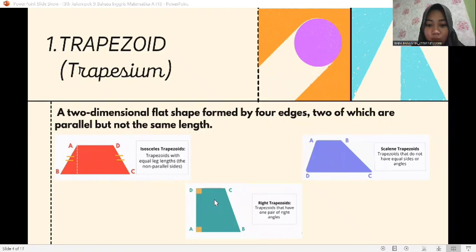So type 2 is right trapezoids. Trapezoids that have one pair of right angles. 3 is scalene trapezoid. Trapezoid that do not have equal sides or angles. So in here, do not have equal sides or angles. Next,